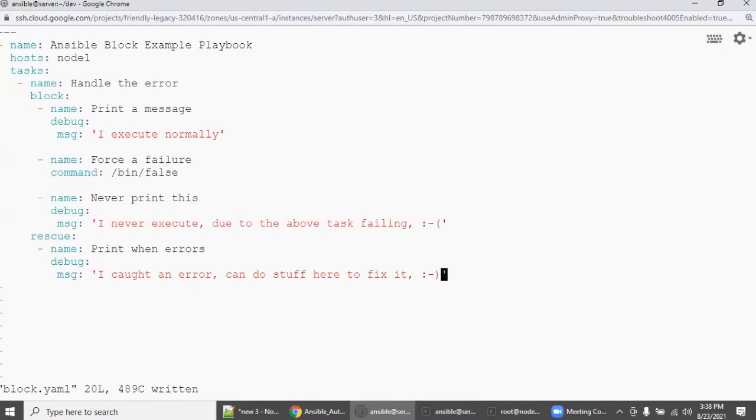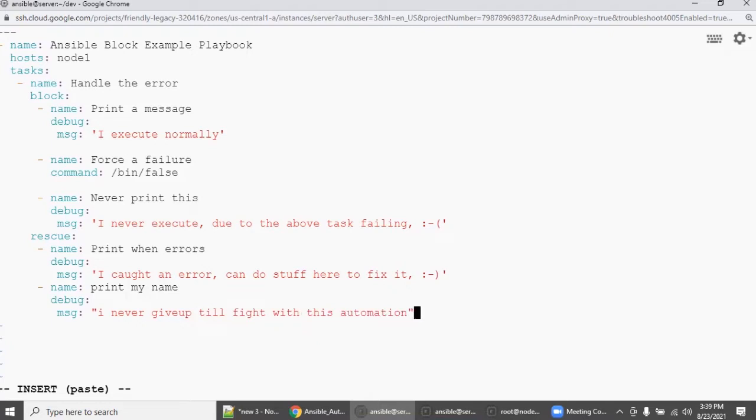Even if you have 100 plays here in rescue, all plays will be executed because the control is transferred. Say print my name, so here I can say debug message equal to never give up till fight with this automation.